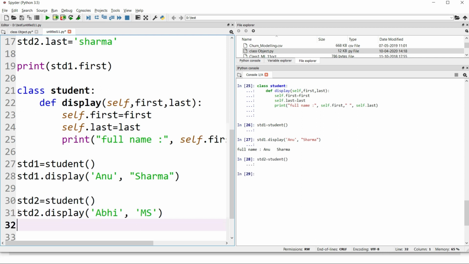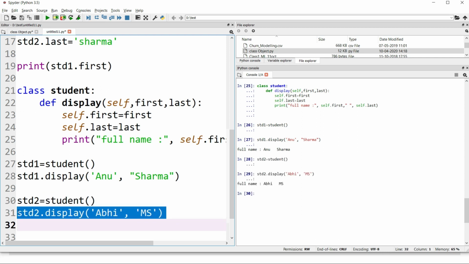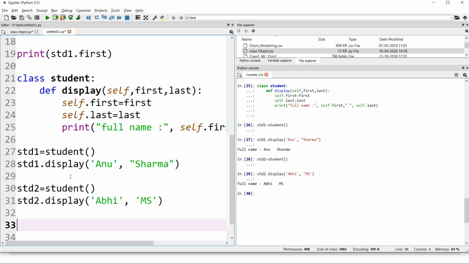Okay, and then if I try to run this, this time the full name is Abhi MS, right? Because whenever this object std2 calls the display method, the self argument tells that this particular display method has been called by object std2, and you have to store the first and the last value of std2 in it.